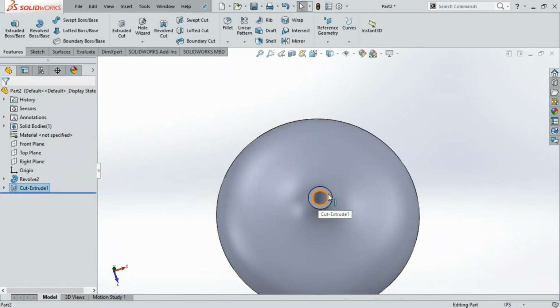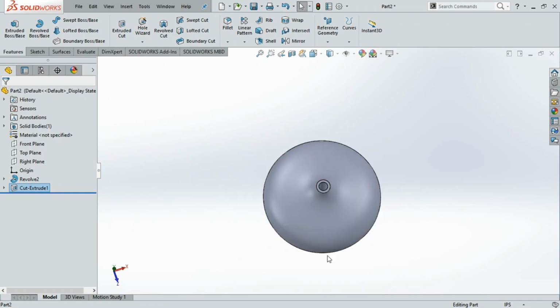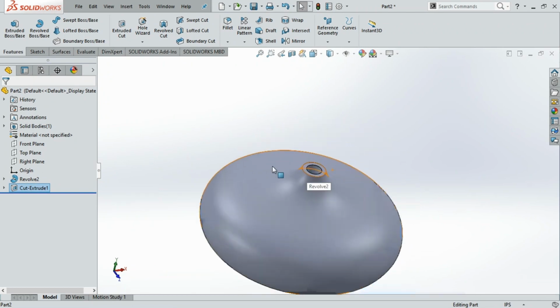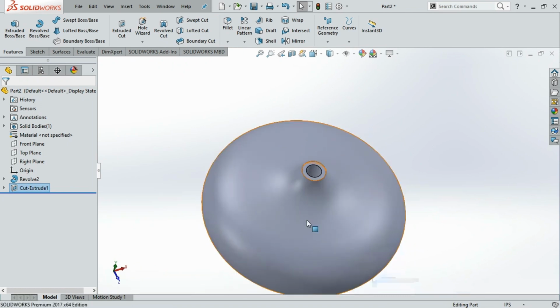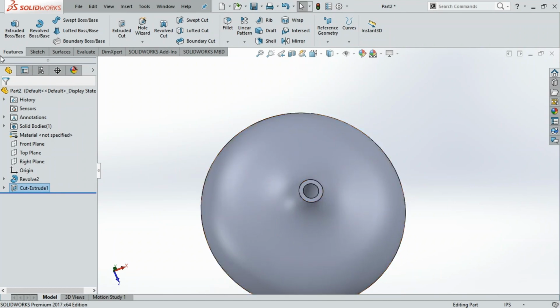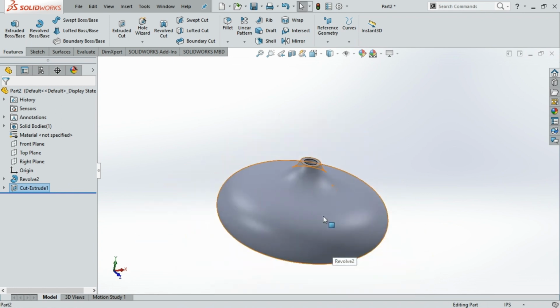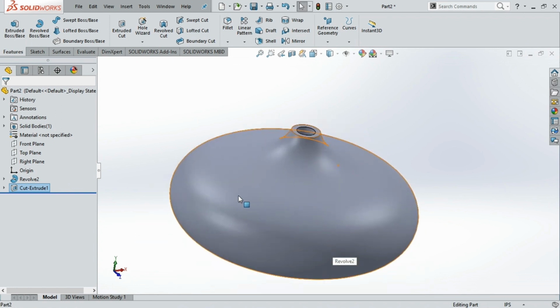In this case, it's actually making it a straight drawing. Our pot is not actually hollow entirely, so it's just a straight drawing now. That is for another tutorial. I just want to make an illustration of how to use this revolve boss/base. So you want to draw all these features or solid bodies,